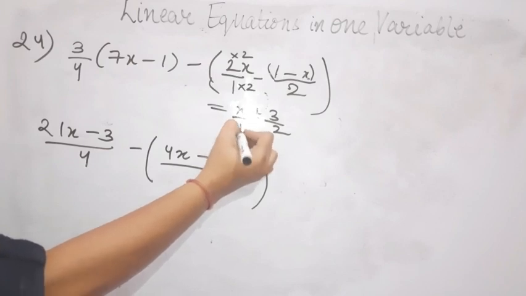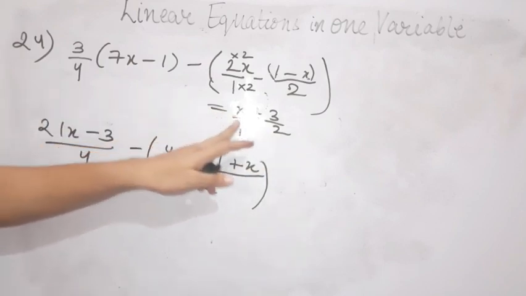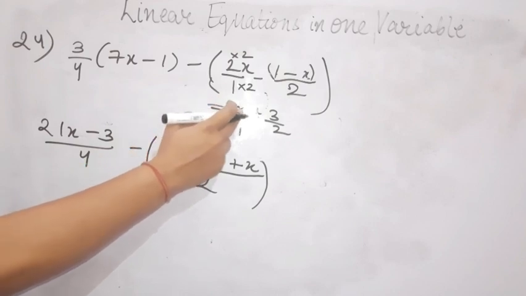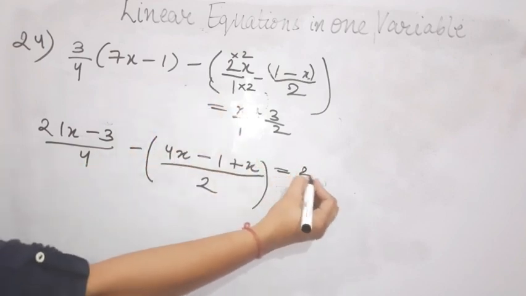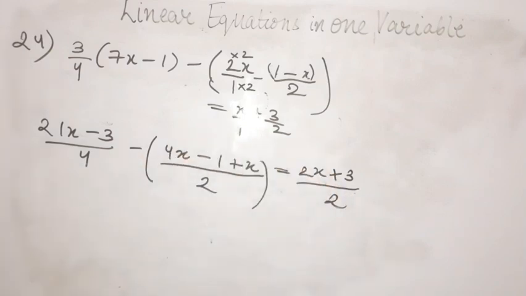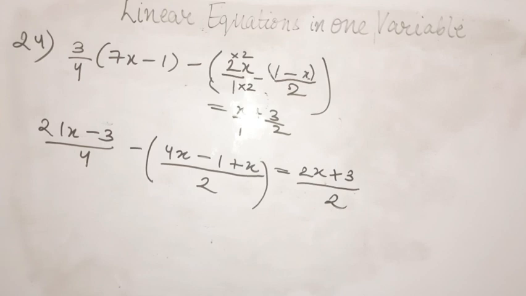Again x is not having any denominator. So we have to consider 1 as the denominator of x. And now what is the LCM of 1 and 2? It is 2. So to make it 2, x has to be multiplied by 2. So it will be 2x plus 3 upon 2. Now the whole term is having 2 as the denominator. Now what we have to do? We have to solve the things as per the BODMAS rule. We have to solve the things given in the bracket first.